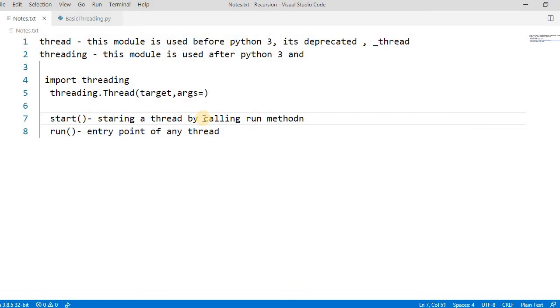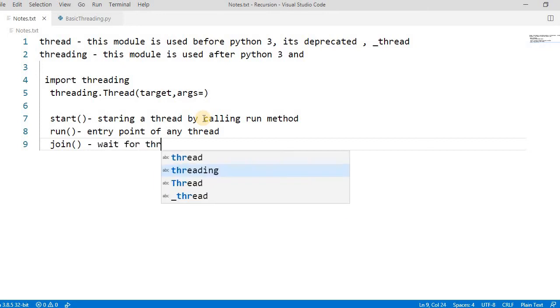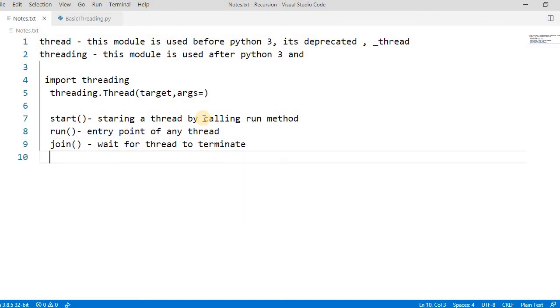These are a few of the methods that you must be aware of. Then there is join, which makes you wait for the thread to terminate. We will see this once we do some programming. Then is_alive, which checks whether your thread is still running or not.